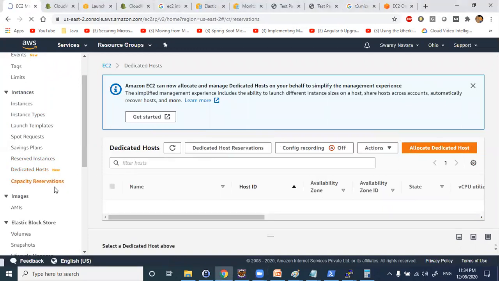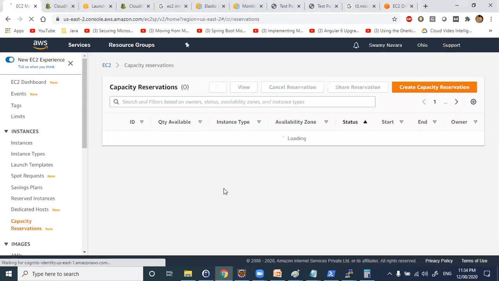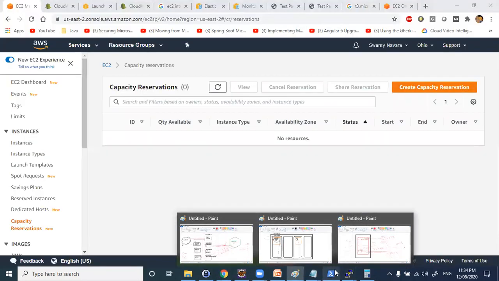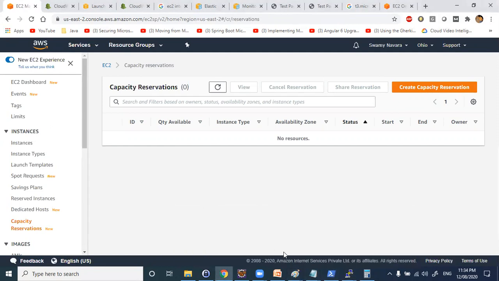And capacity reservations, right? So a project is coming to you. So you need a particular type of EC2 machines for you. So for example, in, sorry, not Ohio, North Virginia region, M4 dot large, M4 dot large or X large, I'm not sure about that instance type. So this instance type will be always occupied almost 90%. So even if you go and try in spot instance for that region, you will rarely get an M4 dot large machine. Why? Because this will be always occupied in on demand.